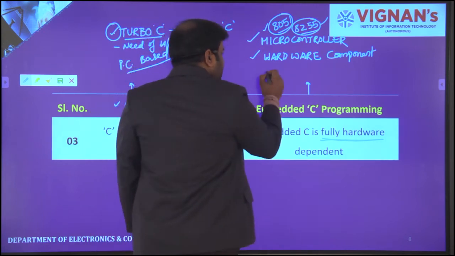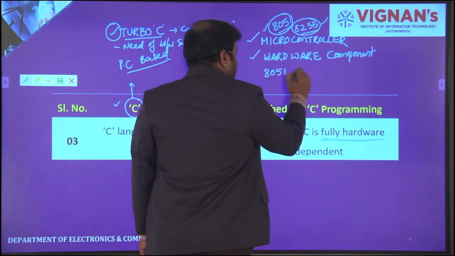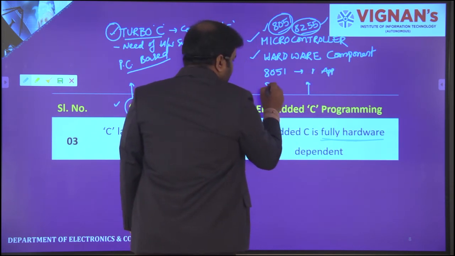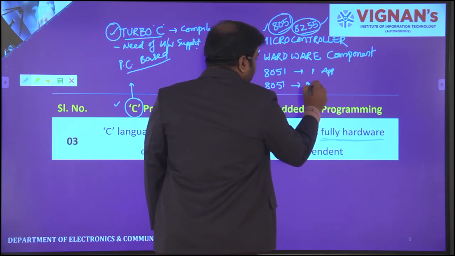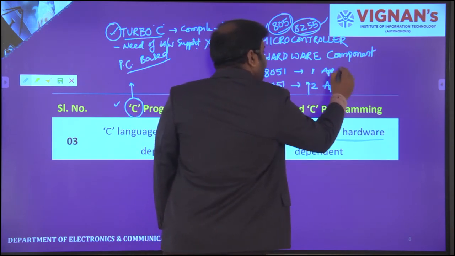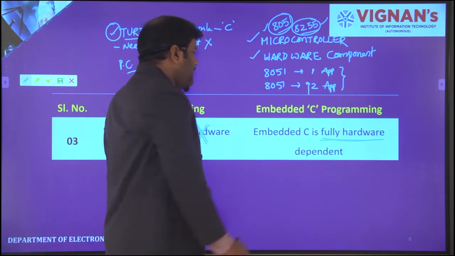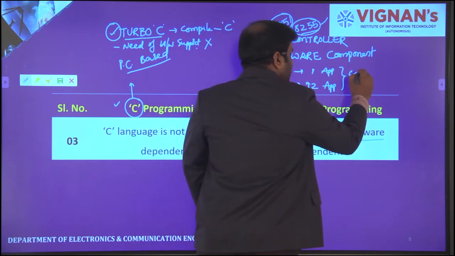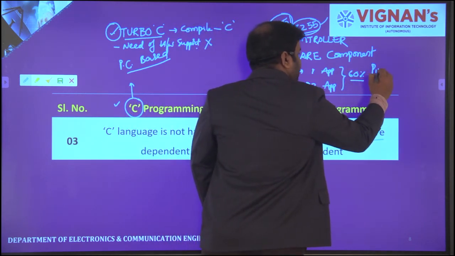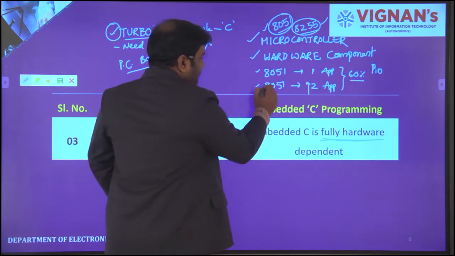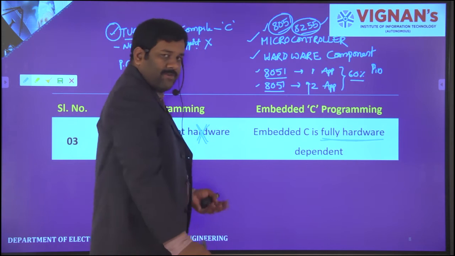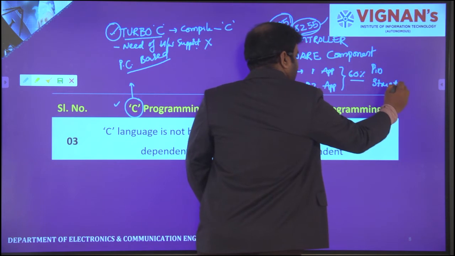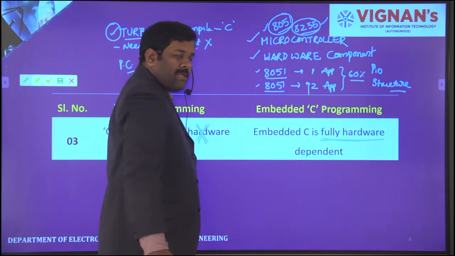So for example, I would like to implement one application with 8051. Then the same 8051 I am using to implement some other second application. Then there may be a chance to compare these two programs, the first and second applications on 8051. There is a similarity of 60%, because the pin structure of 8051 is the same, both are 8051, and here also you are using 8051 only. So the pin structure is the same for both the first application and the second application.